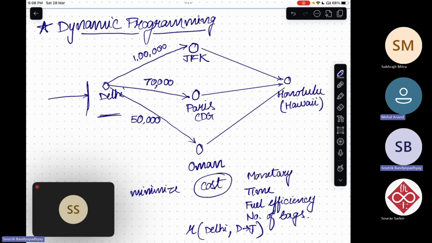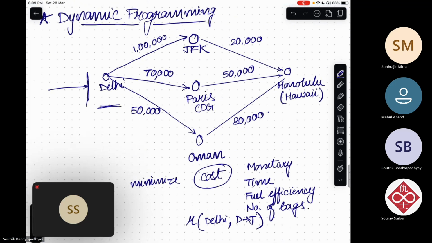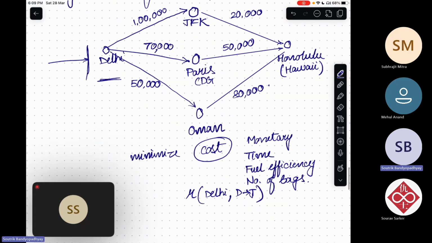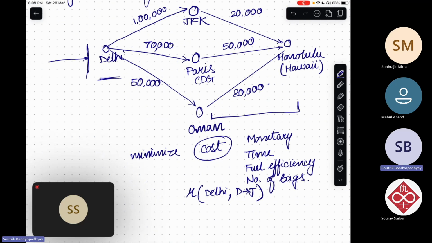But let's say from JFK to Honolulu, you are getting a good deal at 20,000 rupees. And Paris to Honolulu, let's say this is around 50,000 again. And Oman to Honolulu is a longer stretch. So this becomes around, let's say, 80,000. Right? Okay. Now, let's look at the second leg of the journey, right? Now, the